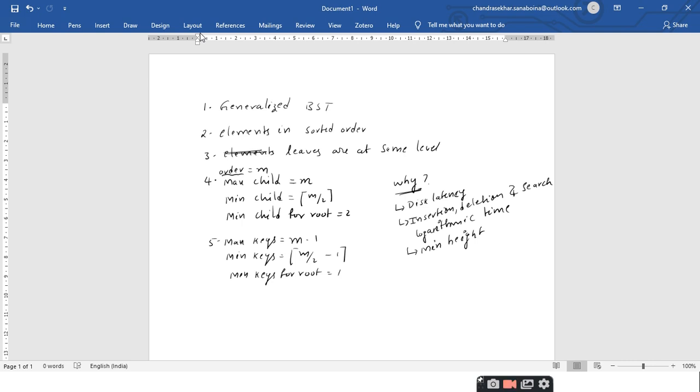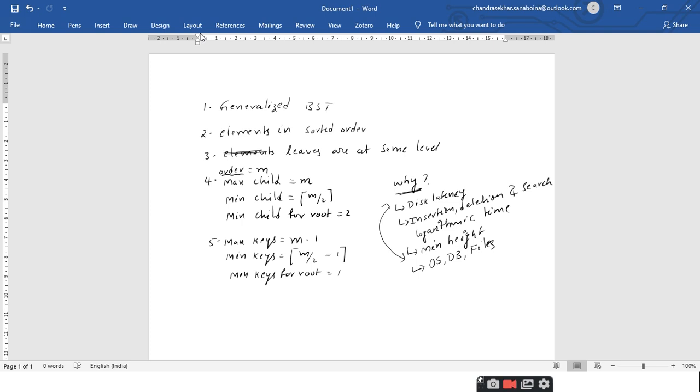So majorly this B trees concept is used under which concepts? It is operating system, and you can use it in database management systems, and you can use it in files also. When you are storing the records, or when you are storing the files inside the secondary memory, which is called disk, in such case, if you arrange the records in the B tree, then you are going to reduce the disk latency. Insertion, deletion and search happens in the logarithmic time.